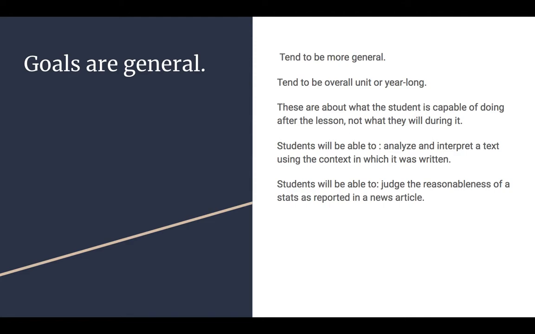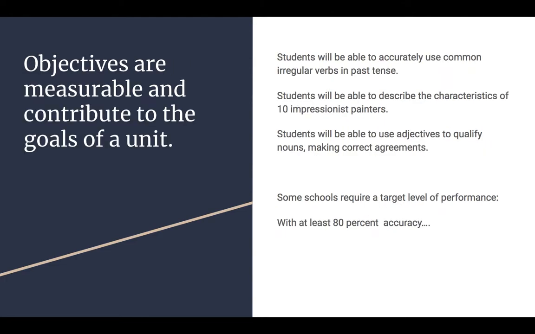The second one, I could be a math teacher and I can go over stats and I can go over the functions of stats and I can go over the elements of stats. But then I might give them an application because maybe I don't necessarily want them to just remember a formula. Maybe I want them to be able to apply their knowledge of stats in real life. And so maybe the end assessment is for them to go out and look at stats as they're used in, say, a newspaper and identify whether or not they think that using mathematical thinking or reasoning, those stats are appropriately used. So objectives are measurable and they contribute to the goal of the unit. So like the steps that get us to the goal, okay?